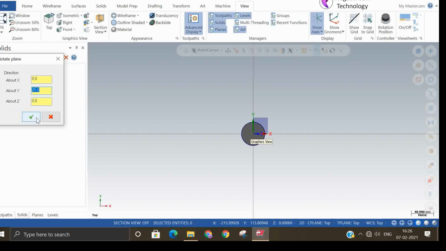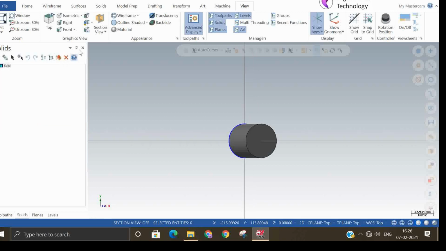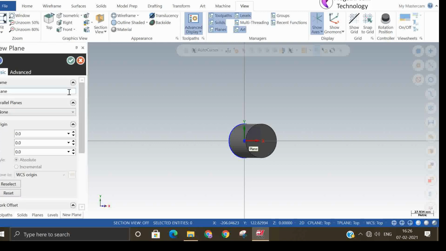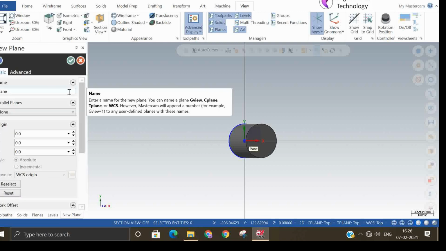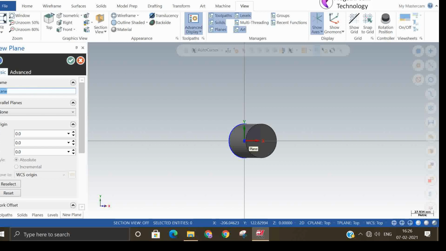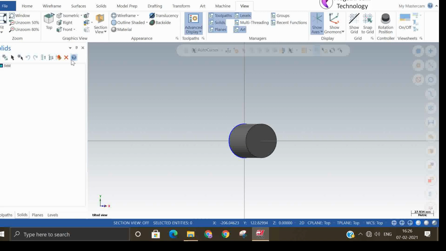Okay, now the view is tilted and this view you want to make the C plane, meaning this tilted 25 degree Y axis is a new plane you can give. You can give a name for this tilted plane. If you say okay, one tilted view, or tilted plane, you have made.